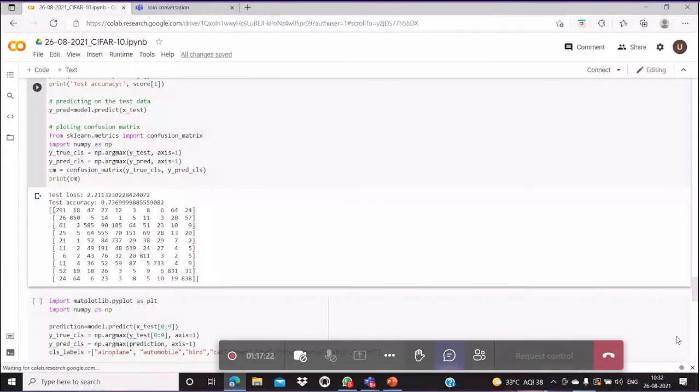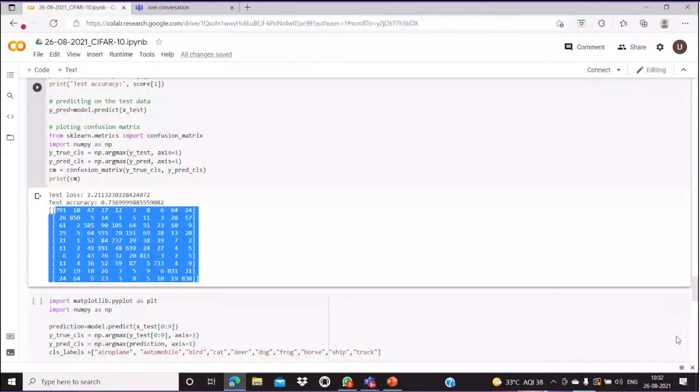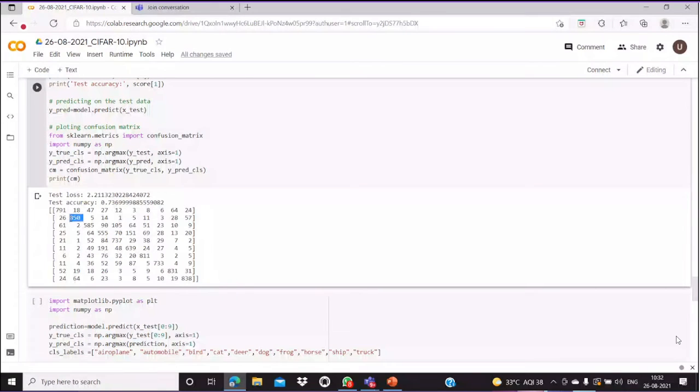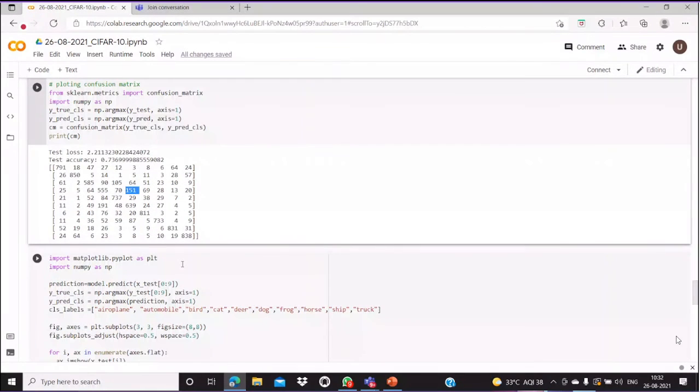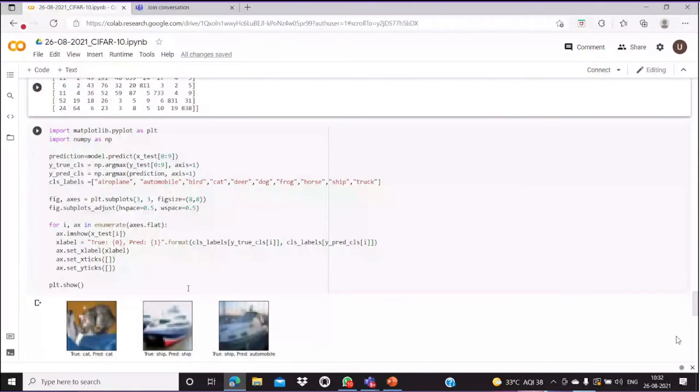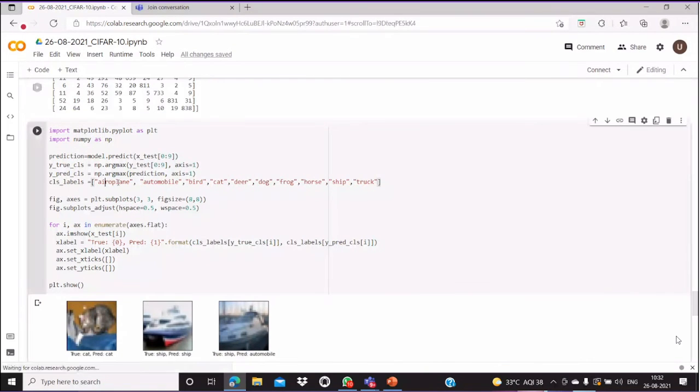Next, we process the confusion matrix, and the testing loss and accuracy for the different 10 classes. As I said already, 850 is the highest value, where the automobile class is predicted properly, but for the 151, the cat and dog values are misclassified. So this model's classification for automobile is more than 80%, but the percentage is lower for cat and dog. So this is how my model predicts.